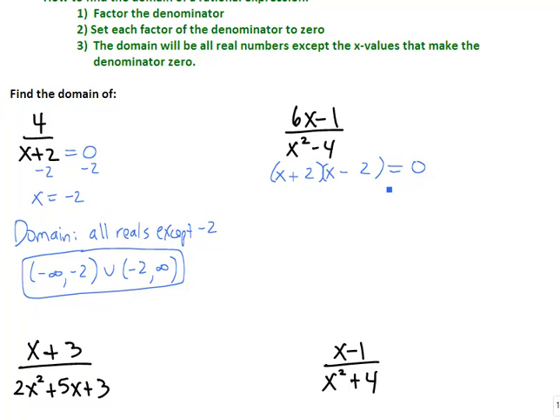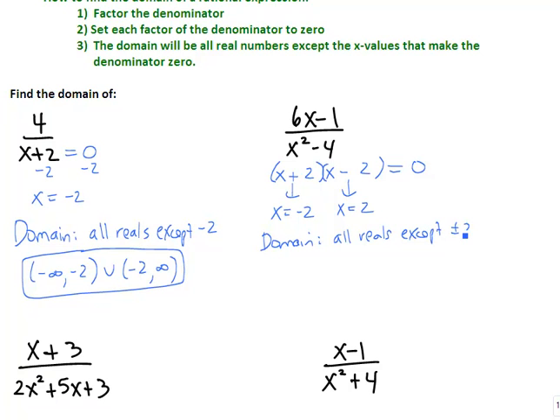Once we have the denominator factored, we're going to set it to 0 to find our bad points, the numbers that would make the denominator 0. If I set this factor to 0, I'm going to get negative 2. If I set this factor to 0, I would get positive 2. So our domain would be all reals except